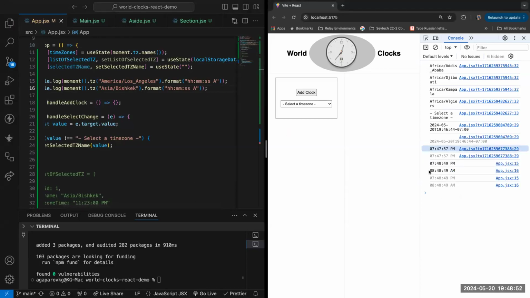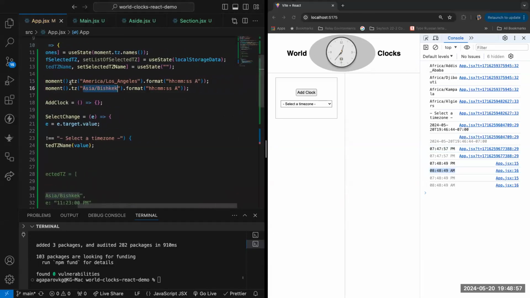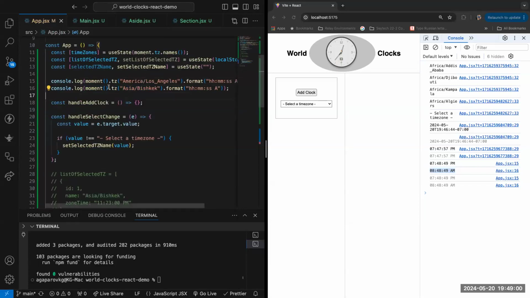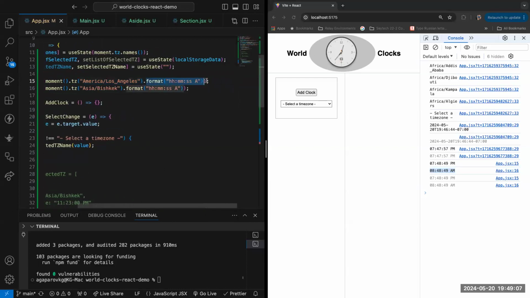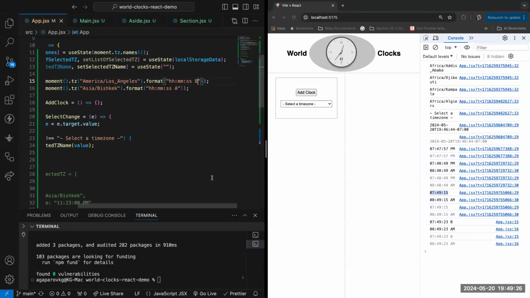All right, as you guys can see right here, it's returning AM. That's for Asia Bishkek. So this moment package understands, based on the time zone we're selecting, and then it will format the time for us. The time like this, and A means put AM or PM. What happens if I remove it? It will not show AM or PM over here. If you put B, it's not going to show, it just shows